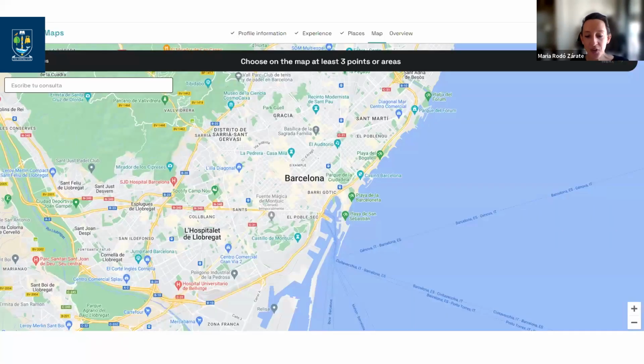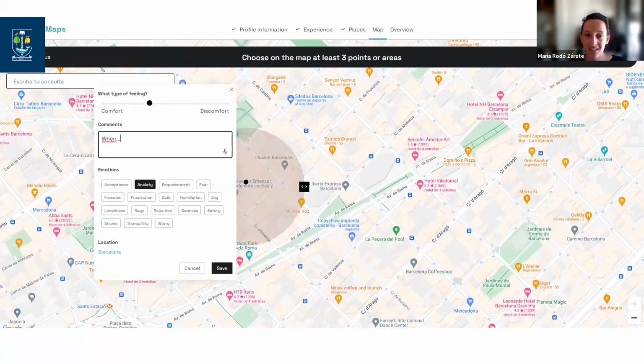And based on all of this, there is this last screen where participants identify specific places of their everyday life and add comments and emotions to specific points. Some of the decisions made here from this critical perspective include, for example, the use of circles, so these zones, instead of dots. Using zones and not dots avoids some ethical problems in relation to re-identification, but also this decision